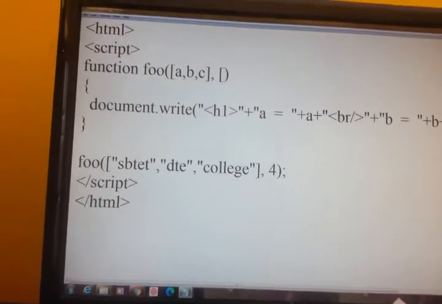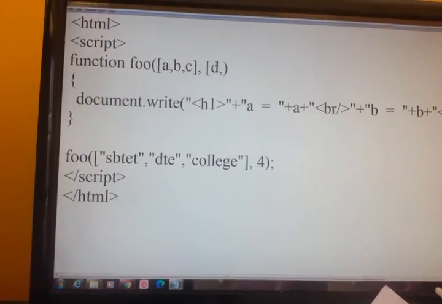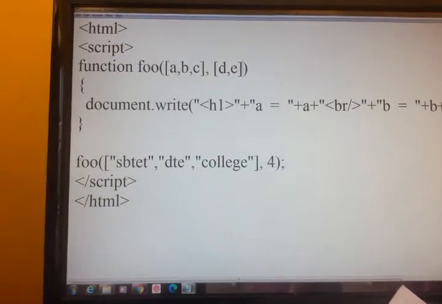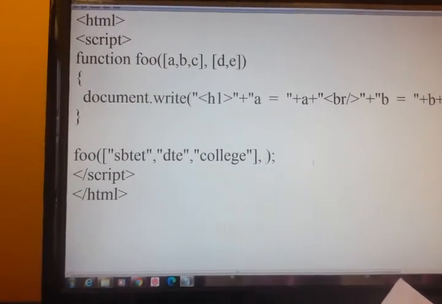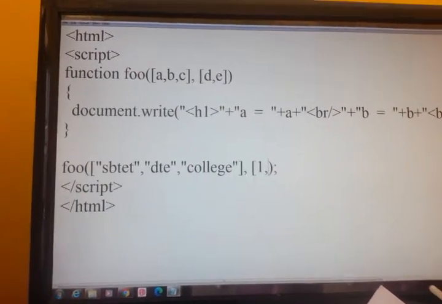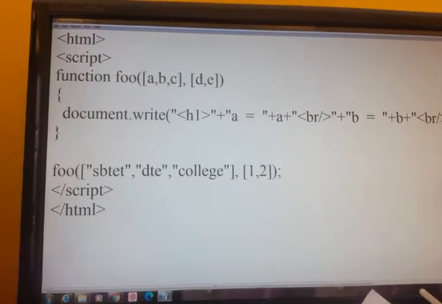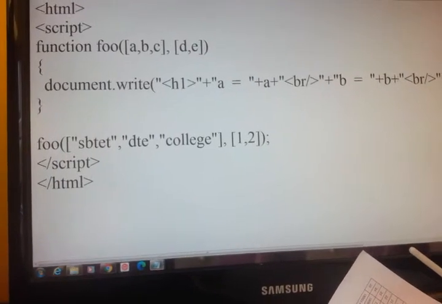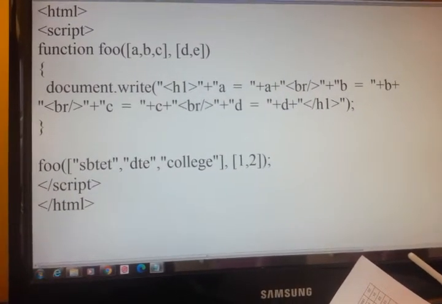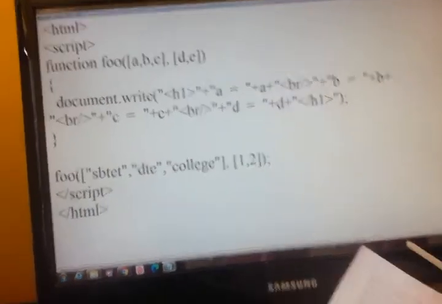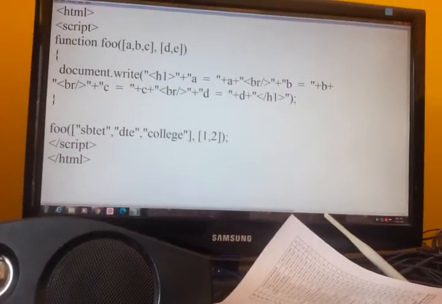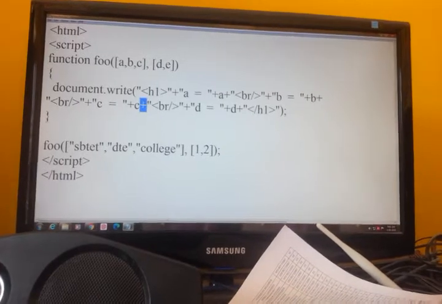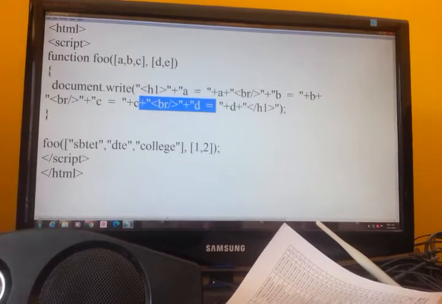Here I'll write D comma E. Here I'll write 1 comma 2. To print some more, just copy paste.